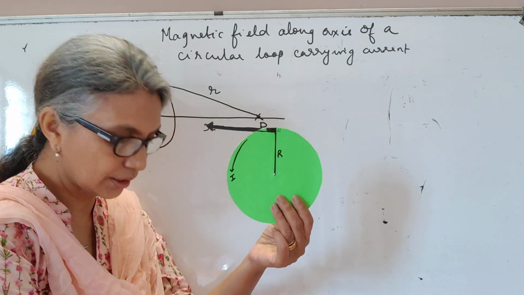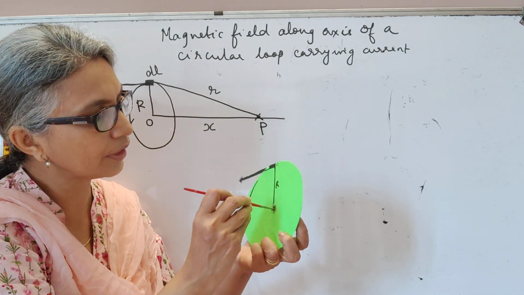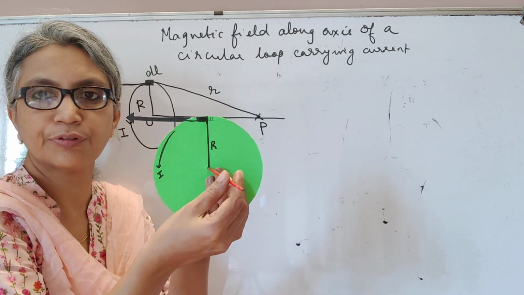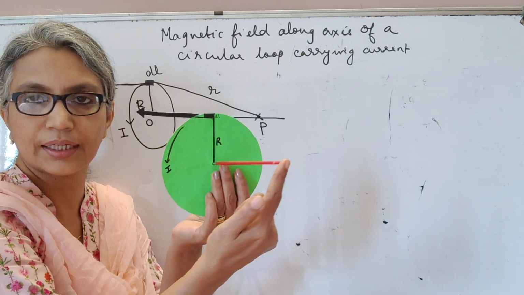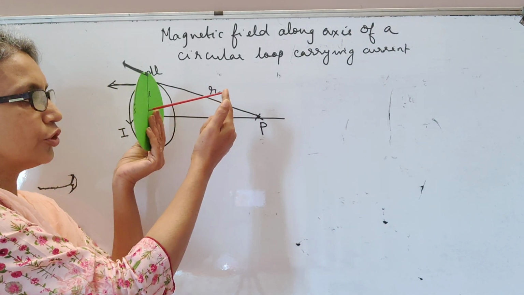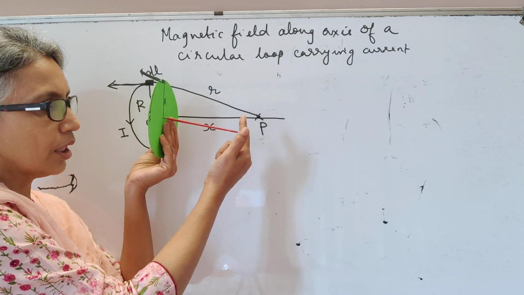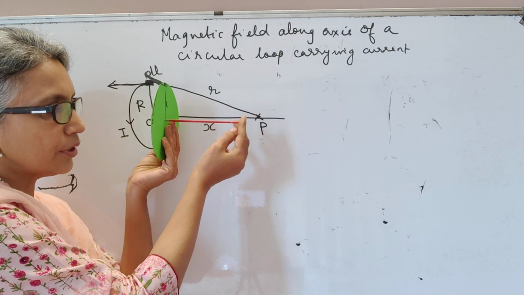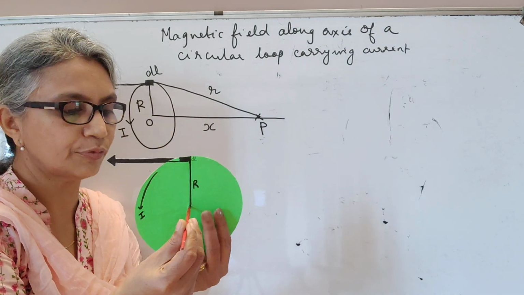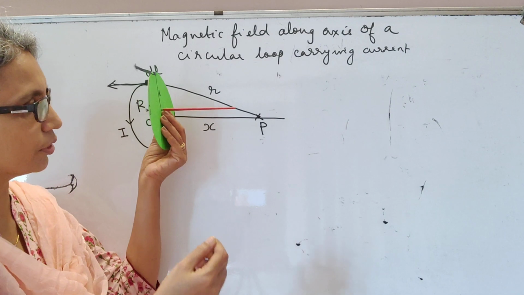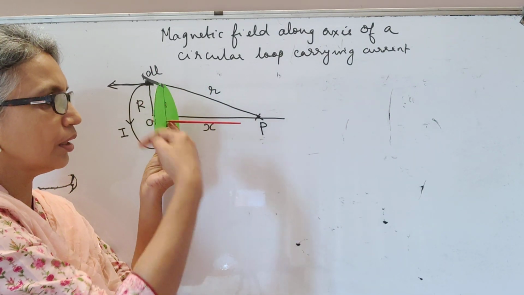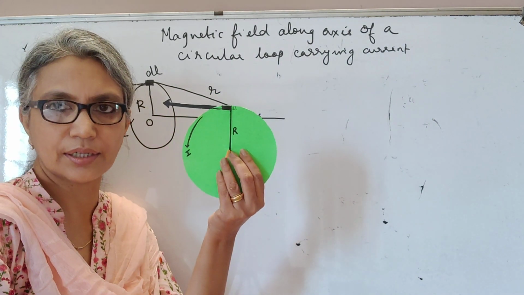Okay. So let's take this as the axis. We are going to find out the magnetic field at a point P, which is at a distance x from the center. So this is our figure here. This is a loop, tangent, and this is the axis. And here this is point P. So this is a 2D figure. I need you to understand that in a 3D figure, this is how it's going to look. Tangent like this, this is the axis, this is point P. We have a circular loop of radius R.